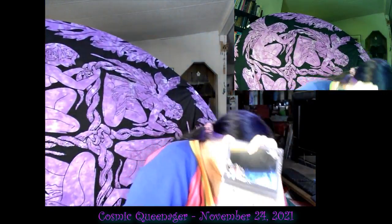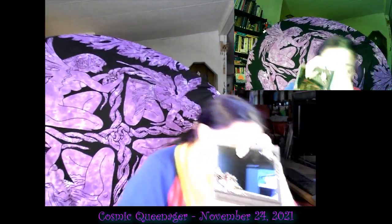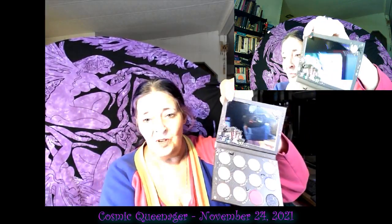Ooh, so this is some very beautiful cosmic colors. Oh, and then look how pretty the cute little mirror, and I'm a complete sucker for the packaging. It's just so cute. I mean, who doesn't love all these little characters? So anyway,